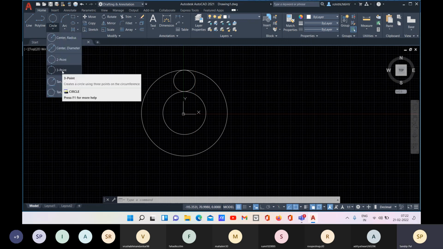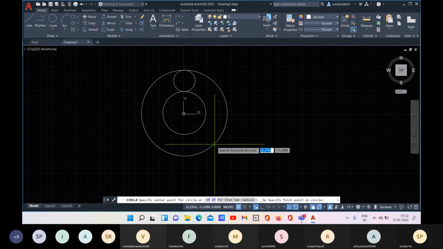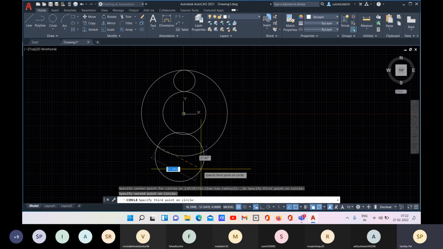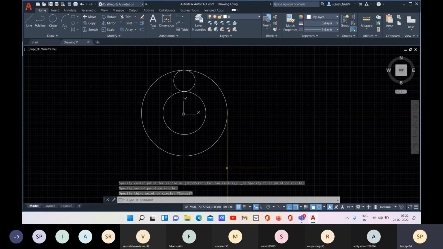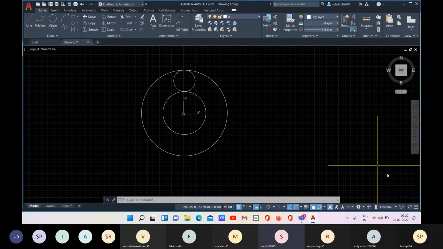Next we have 3 point, so we need 3 points. First, second, and third will define it. So you are specifying the points based on the circumference. Okay. Sir, how to provide relative coordinate here? At a particular relative coordinate, we want to place this circle.